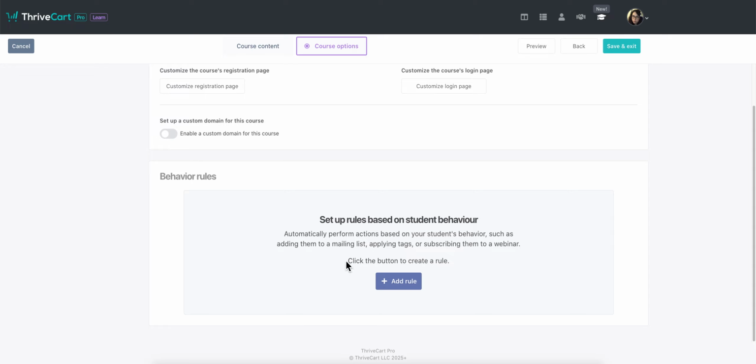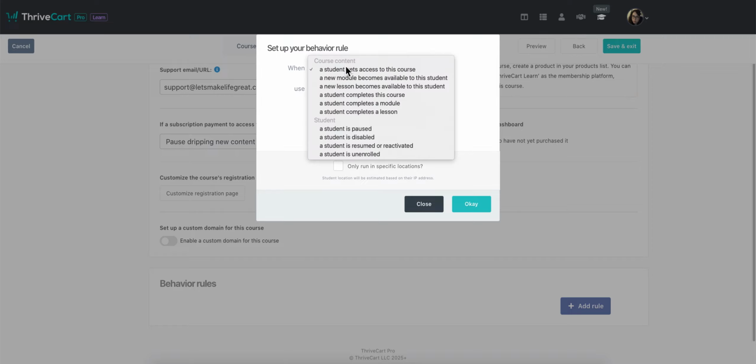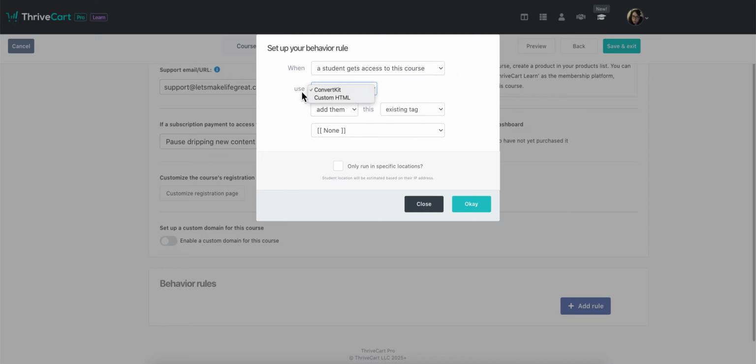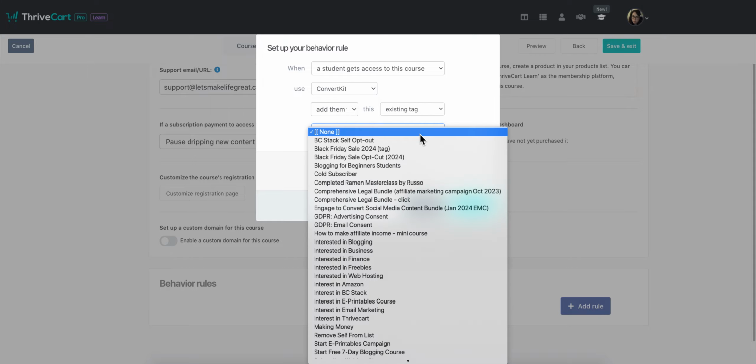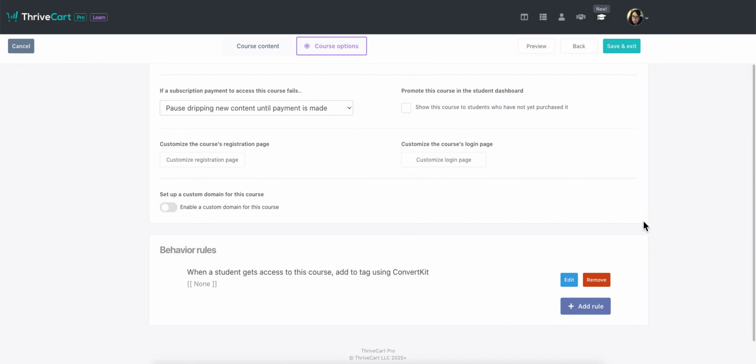One other thing you can set up is behavior rules, and this is typically where you can add in your email marketing system. So if they get access to this course or any of these options here, you'll integrate your email marketing system to here. I just use ConvertKit, and then you can add in whatever tag you want or sequence you want, and you can add in multiple ones of those. So you see I have that one here. I can add in another rule, so you can pretty much add in as many as you need to,